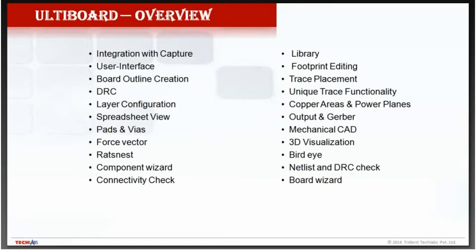The Altiboard has features like a full library of components, both surface mount as well as through-hole technology. After designing, it can also run the design rule check, whether we have followed all the rules, whether our design is perfectly correct or not. We can get the DRC rule check. Board outline creation, like what will be the size of the PCB board. Layer configuration means which type of layer it could be, where it will be placed.